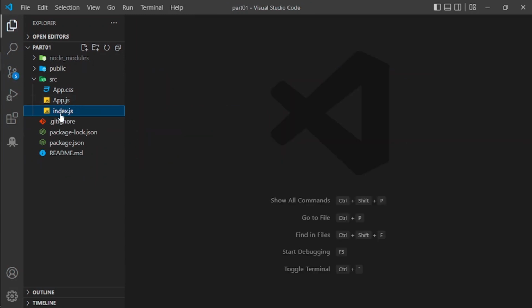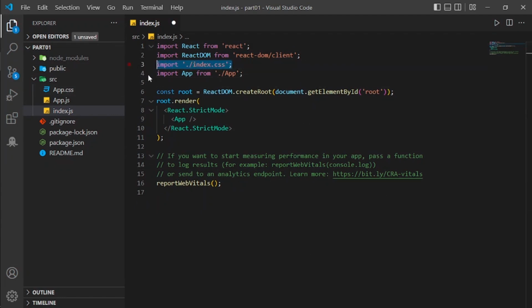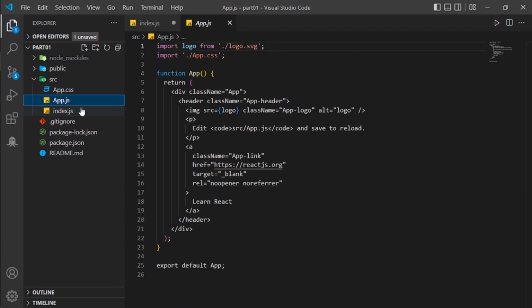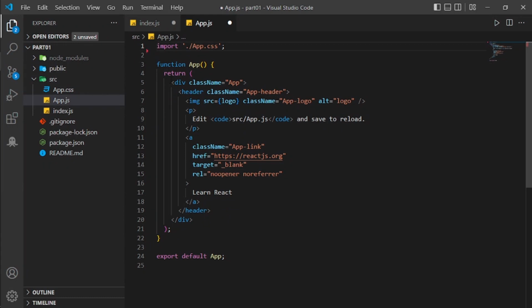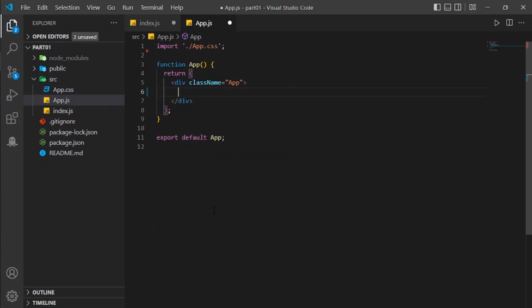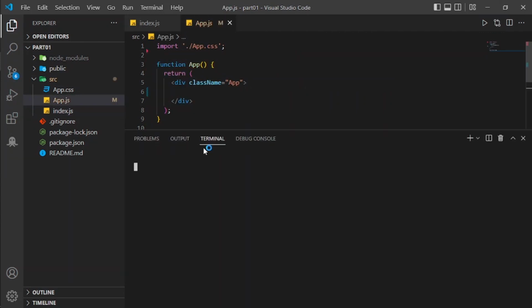Now let's configure our website. In index.js, we have to delete this reportWebVitals and so on. In App.js, we have to delete this logo. We have to delete that, and we have to empty this one. We will remove this header. Save and save. Now you can open up your terminal,